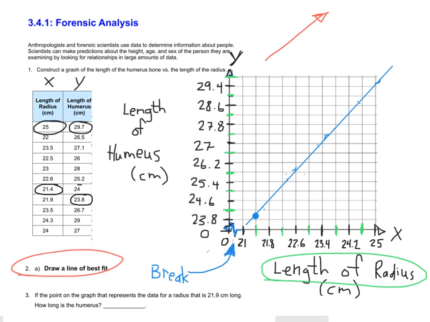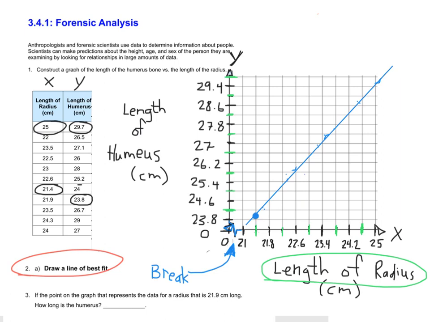It wasn't exactly a line, but this is what represents that data the best. Now we can answer the questions associated with this blue line. I'm going to answer everything with this blue line only. Okay, so it says if the point